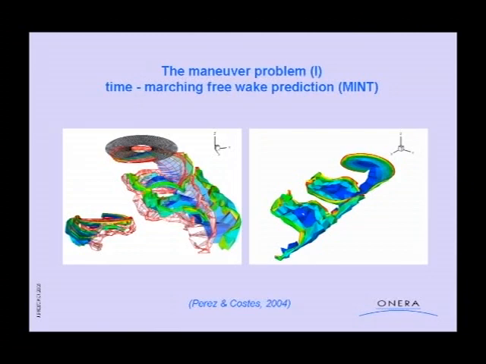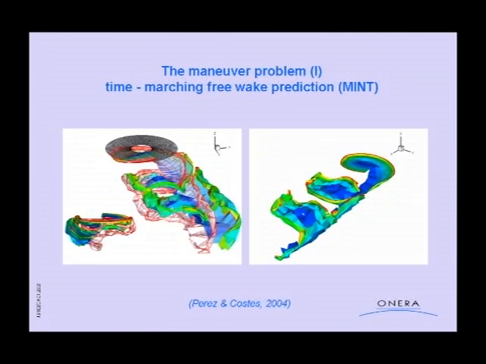In fact, the computation chain that I showed you is able to compute the noise in steady flight conditions. That is, flight conditions where the flight path angle is constant and the velocity is constant. But reality is different. In reality, we have maneuvers, and if we want to decrease noise, we can design unsteady flight conditions. So, since in our computation chain the free-wake code was assuming a periodic solution for the rotor,